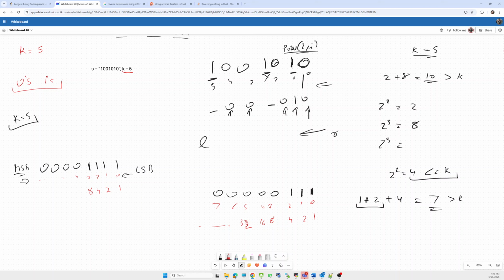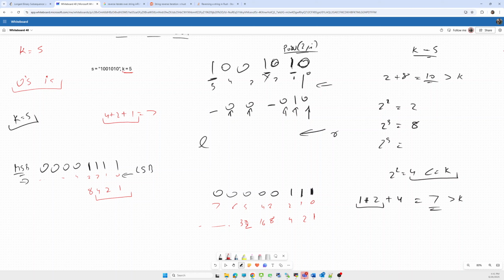Are we going to consider this one? Yes. This one? Yes. This one? Yes, 4. But the sum of these consecutive ones will be more: 4 plus 2 plus 1 will be 7. So we have to check the consecutive sum also.